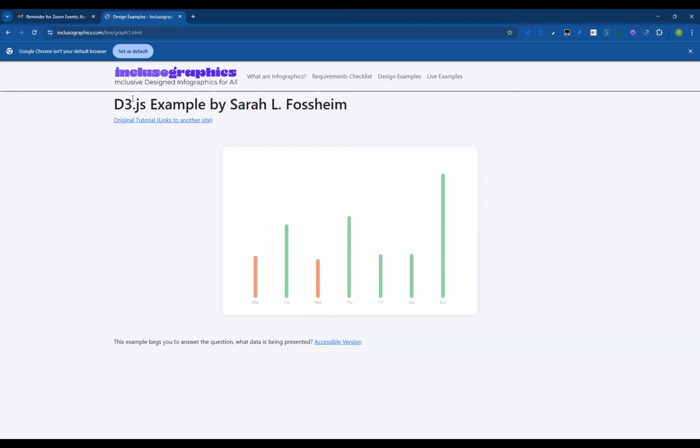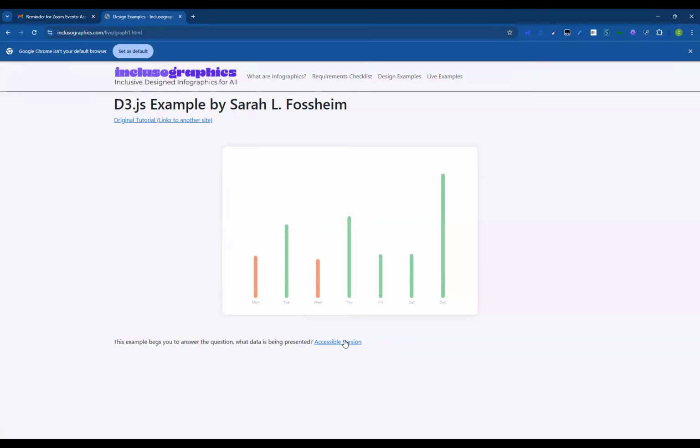Monday and Wednesday clearly have some different characteristic from the other days, but we don't know what it is because there's no legend or anything like that. Right. Okay, so if you go to her example that's on the site, you'll see her process of writing the code and changing the code. And then I went and just made some slight adjustments. And here's what we came up with.